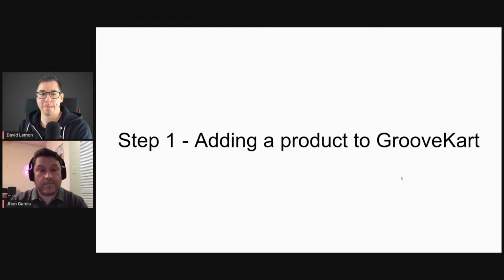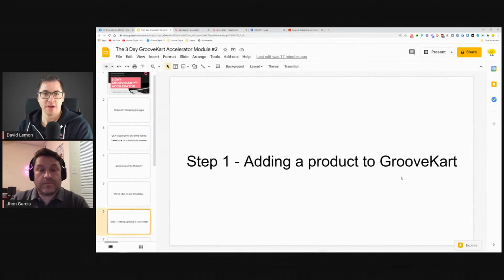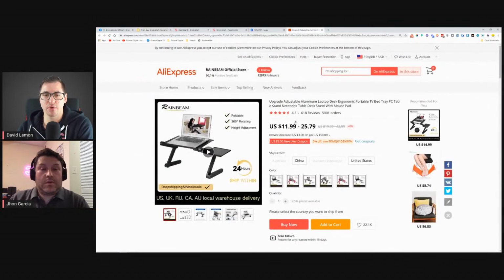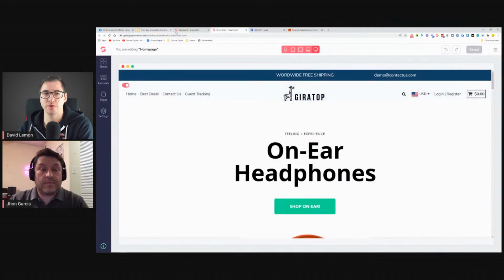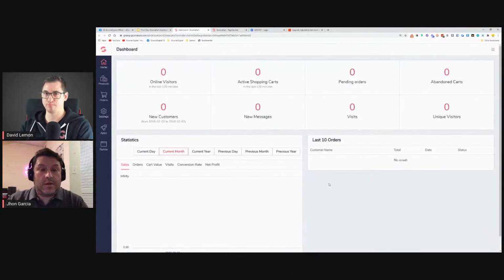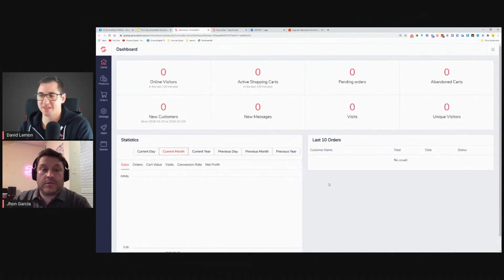But the step number 1, adding the product to GrooveKart, this is where we are starting. So John, what is needed in order to add a product to GrooveKart? We mentioned that we have chosen a product from a Chinese marketplace, which is called AliExpress. But what do we need to do in GrooveKart in order to actually place it in or make it a product available to purchase? Right. So what we need to do is actually connect our AliExpress